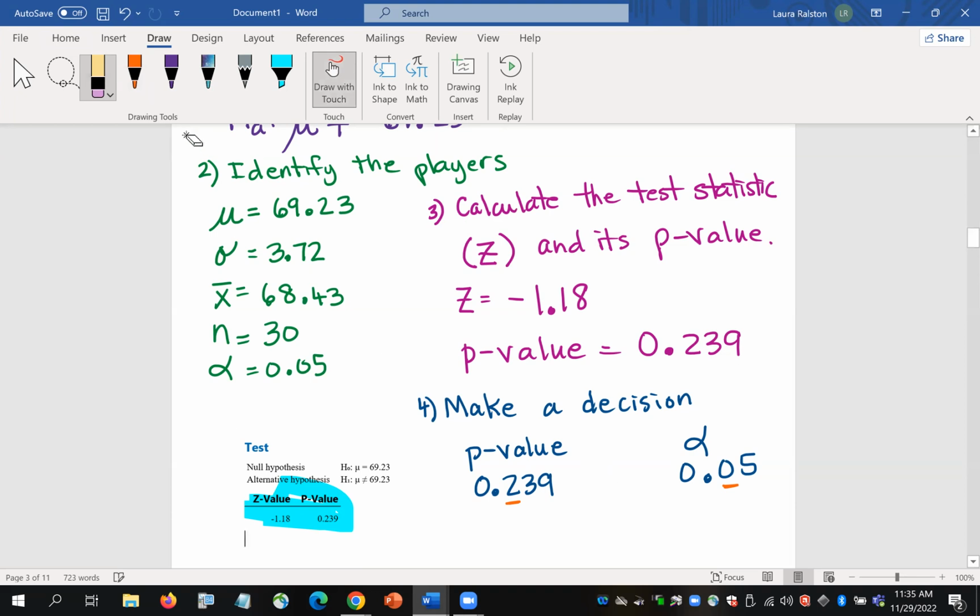Woo, about messed that up. 2 is greater than 0. So P is greater than the level of significance. When P is greater than the level of significance, we fail to reject the null,